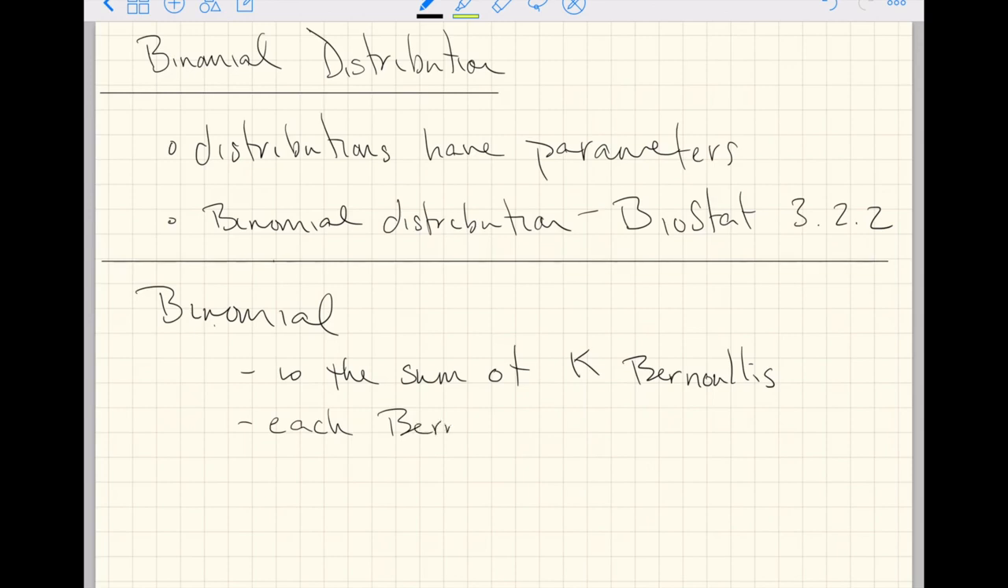Each Bernoulli, each of the k Bernoullis, has probability p of 1. So all of the Bernoullis have the same probability p, in the case we just had, of matching the base pairs at a specific site. Okay, sum of k Bernoullis, each Bernoulli has probability p of 1, and the Bernoullis